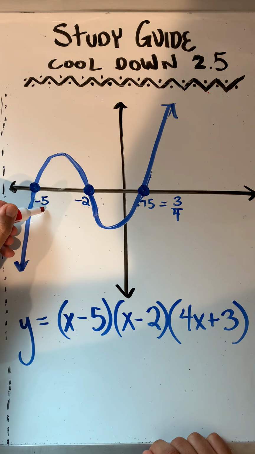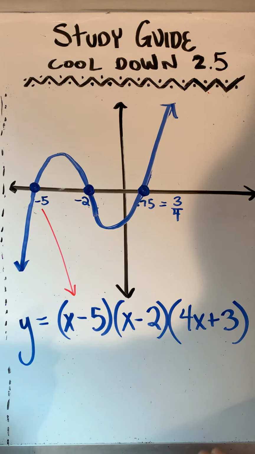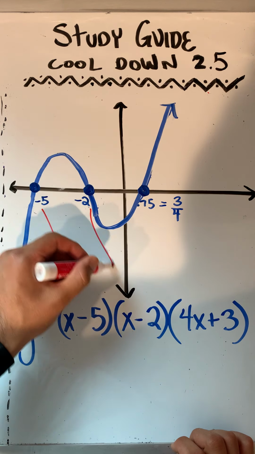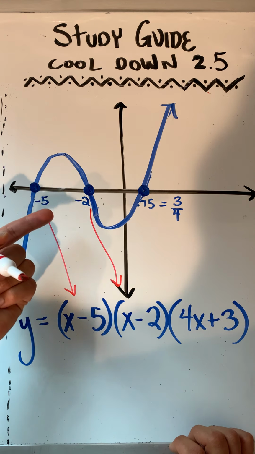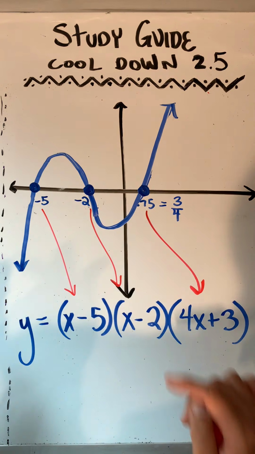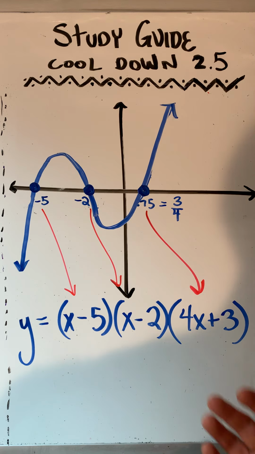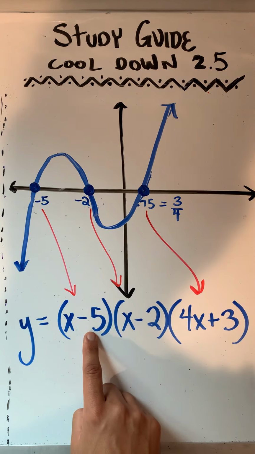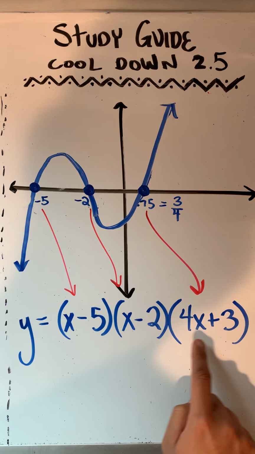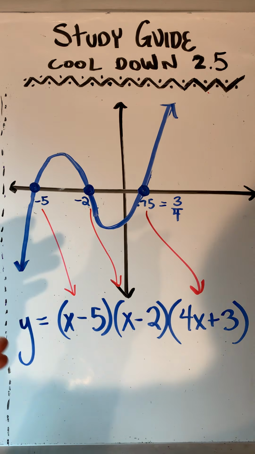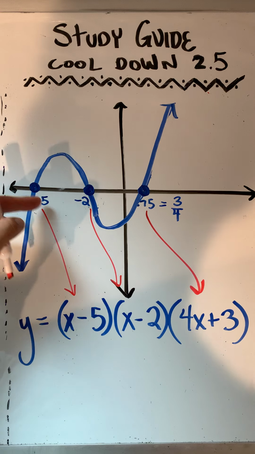Now this horizontal intercept corresponds to the first factor. The second horizontal x-intercept corresponds to the second factor. And the third, let's call it a root or 0, it corresponds to the third factor, 4x plus 3. You can see that the -5, the -2, and the 3/4, this one's a little more muddled, are located inside the factors. So in order to know if these are correct or not, you need to remind yourself, well, this